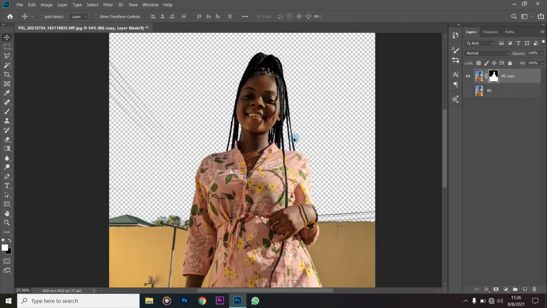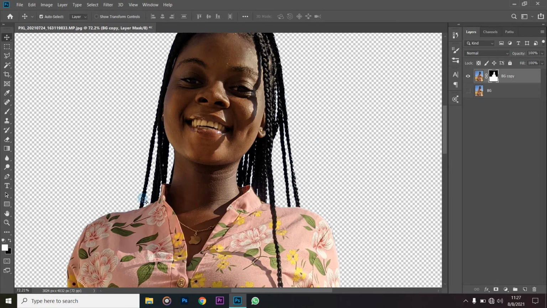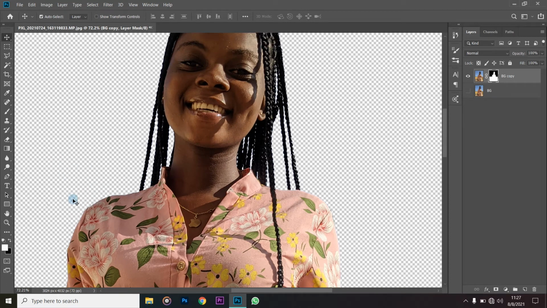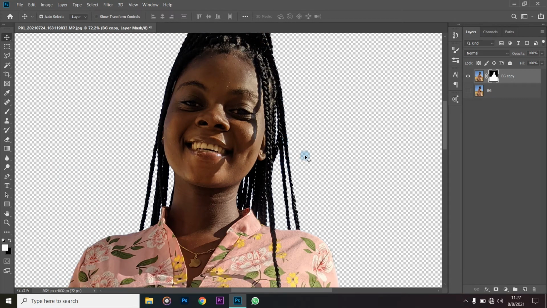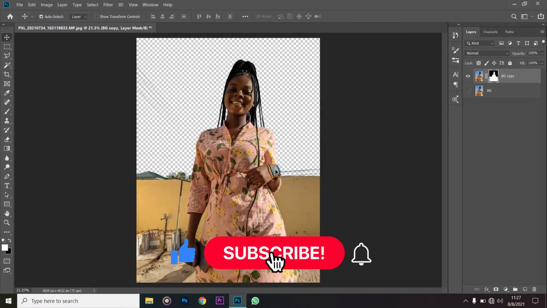Okay, so now let's zoom in and see how the selection was done. You can see the selection was done really nice. It did a really good job. You can see there is not much fuzziness anywhere. Her hair was really selected very nicely. Okay, that is good. So now the next step we are going to do is use